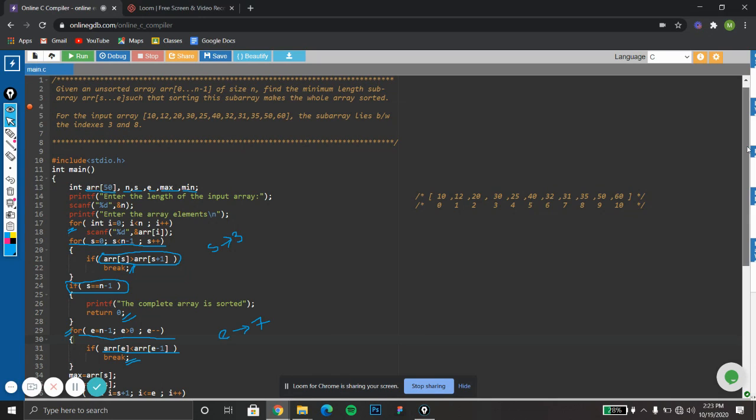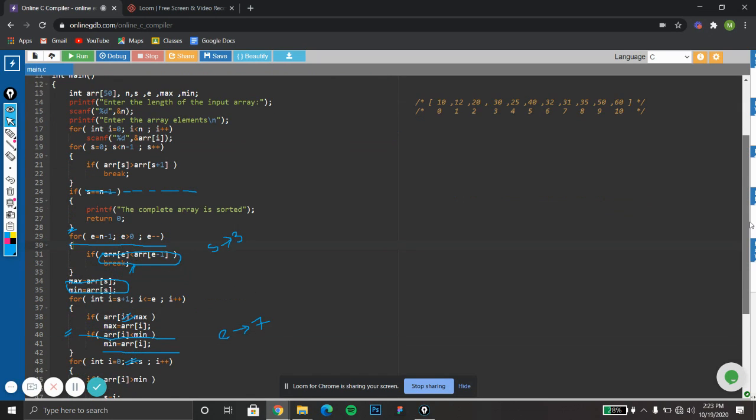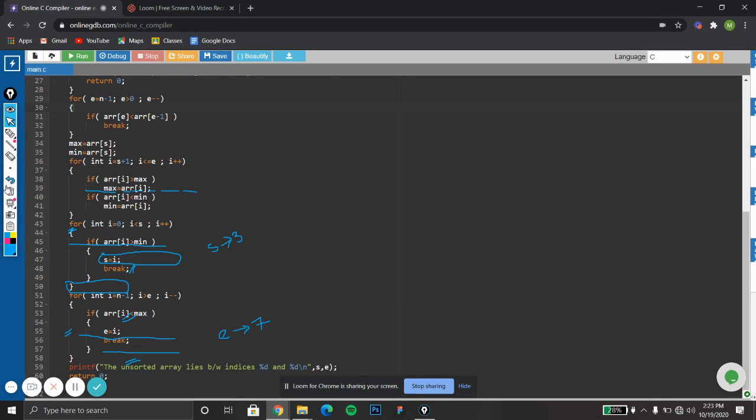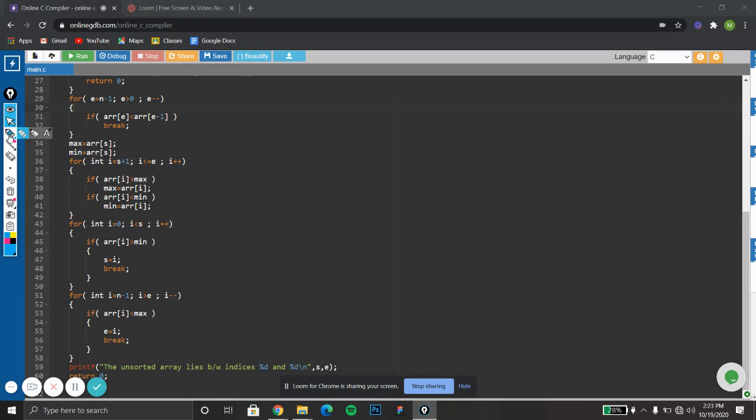Now we have to find the largest and the smallest element in our candidate array. We have already seen how to find the largest and smallest elements, so I'm not discussing this code. You know that we will update both variables with the first element in the array, then we will check these conditions using a for loop. After finding the largest and the smallest element, we need to traverse through the array once more, that is from i equal to 0 to s,